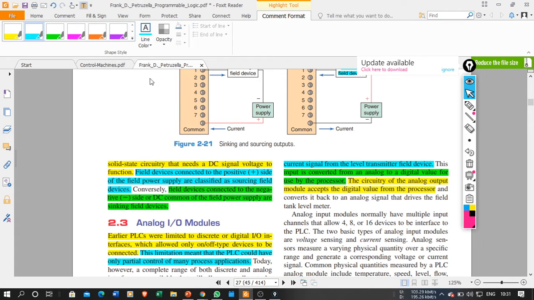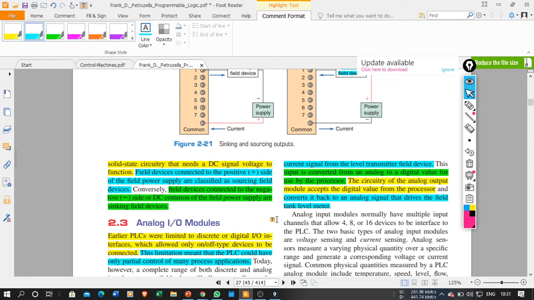Then we need to convert. If you are using analog output devices, my analog output devices do not understand the digital signal, so I need to convert it back from digital to analog signal. So at the output I am going to use DAC, digital to analog converter. Okay, input side ला काय यूज करणार आहे आपण, ADC, analog to digital converter, आणि आउटपुट मॉड्यूल मध्ये digital to analog converter.